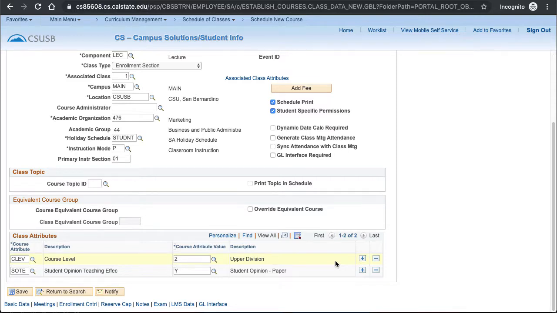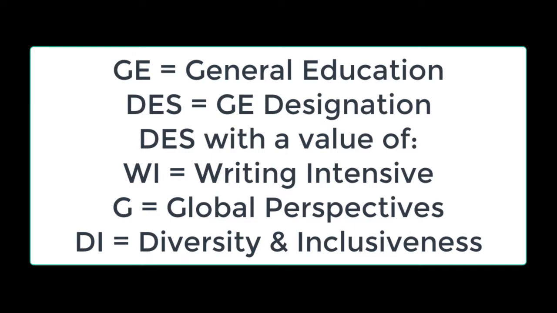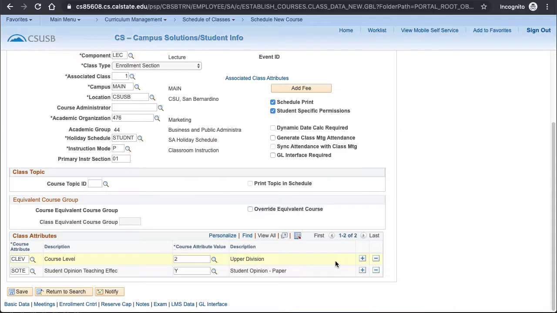Other pre-populated attributes could include GE for a general education course or DES for a GE designation, which could include WI for writing intensive, G for global perspectives, and D for diversity and inclusiveness. Visit the General Education website to find out what courses have these special designations. As a reminder, if a value is pre-populated into the Class Attributes section, do not change it.